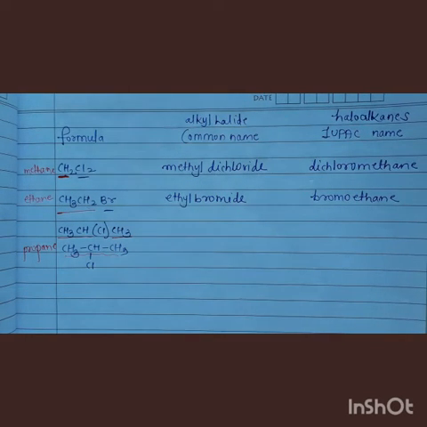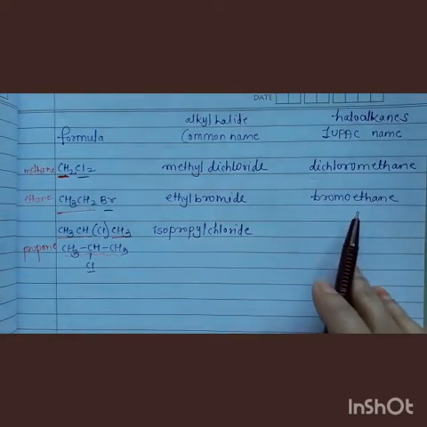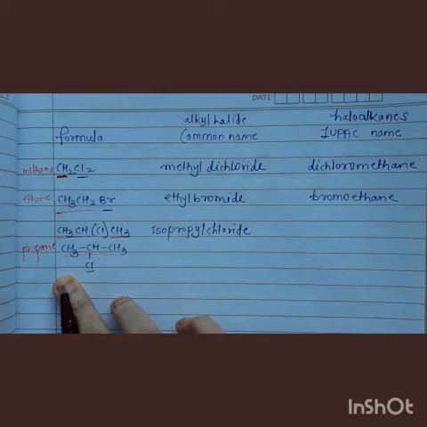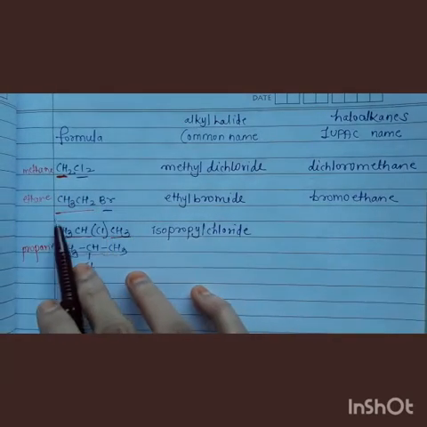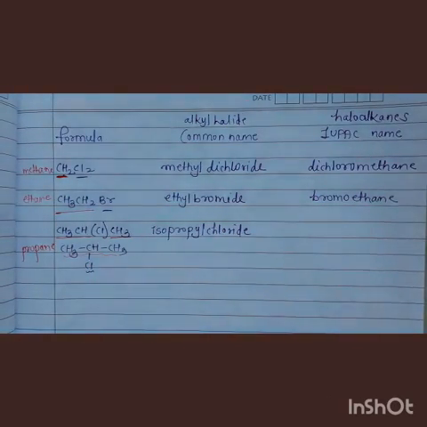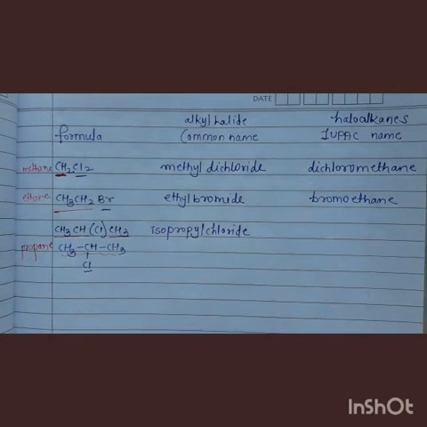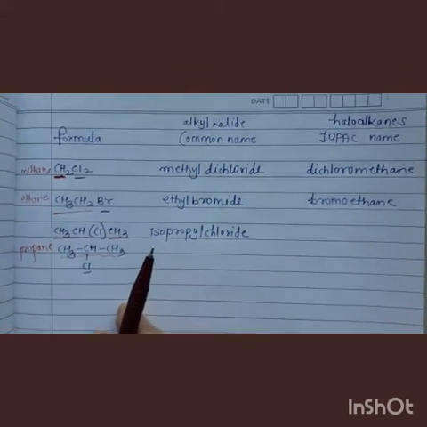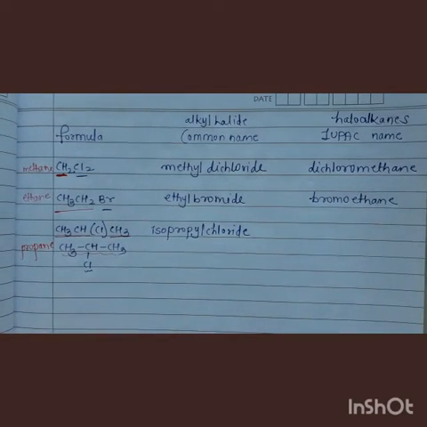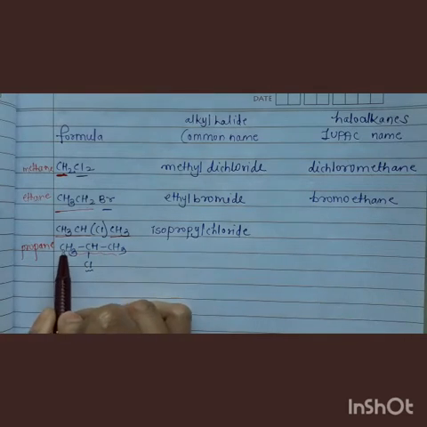Now three carbon atoms are there, so let us write the IUPAC name of this compound. Now here we need to give numbering. When one carbon atom or two carbon atoms are there, there is no need of numbering. But when the number of carbon atoms increases beyond 2, that is 3, 4, 5, 6, at that time we need to do numbering. So numbering we have to do in such a way that the substituent will have the lowest possible number.